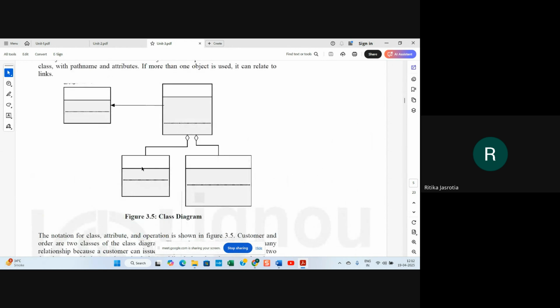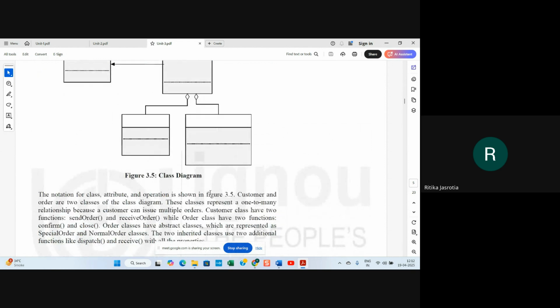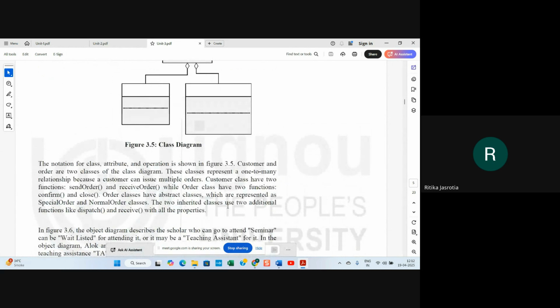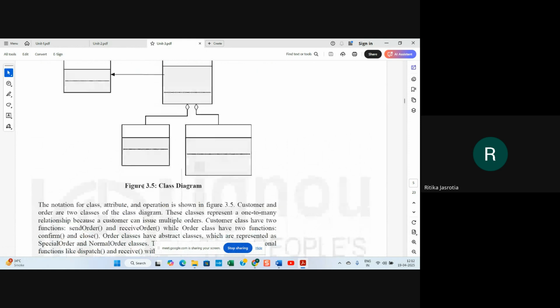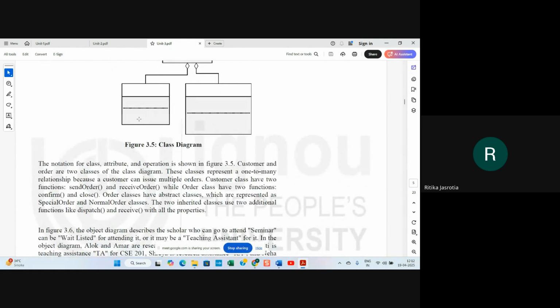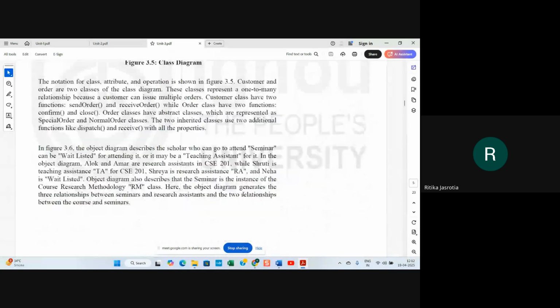That means there are two subclasses of the order class, special order and normal order. The two inherited classes are used for additional functions like dispatch and receive. So besides confirm and close, these will have other operations also, dispatch and receive.